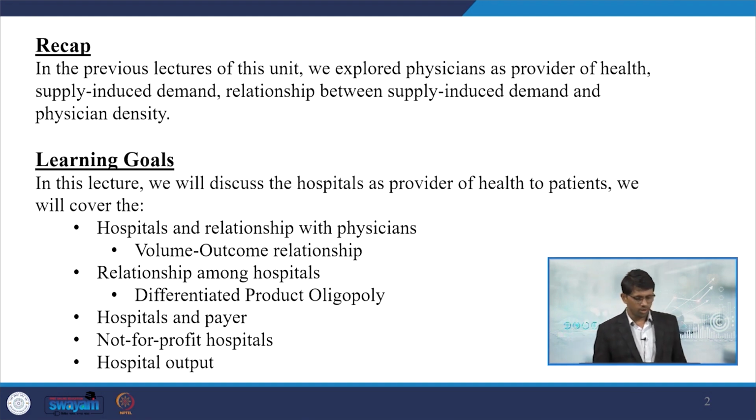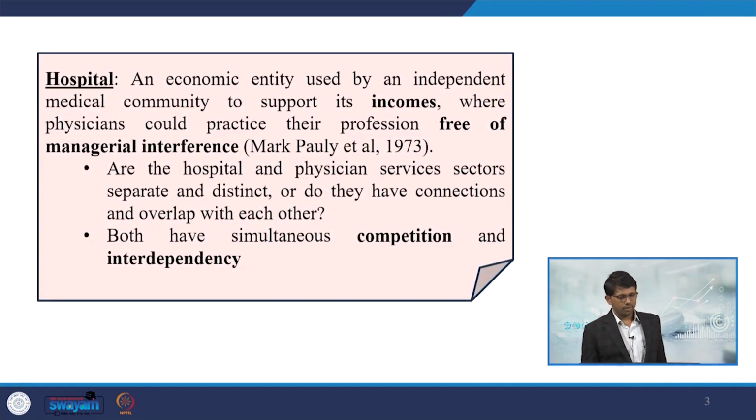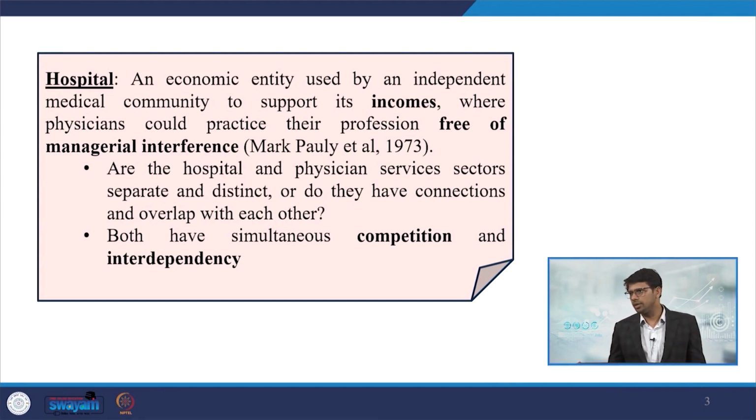Then we will also try to model the directions of this relationship in terms of output quantity versus quality aspects and price versus quantity competition, etc. In addition to that, we will emphasize hospitals, payers, not for profit hospitals, then hospital output, etc. So, let us begin. Here we are just trying to define what is called a unit called hospital,